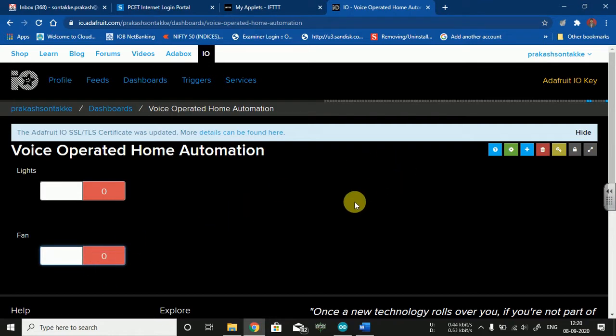Now what else did I need from this Adafruit IO portal? If you are observing here, you have one option, a key symbol.